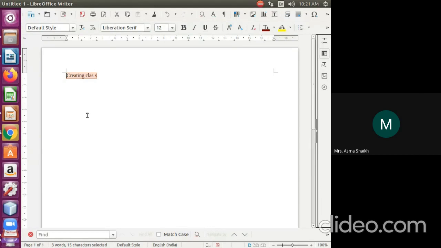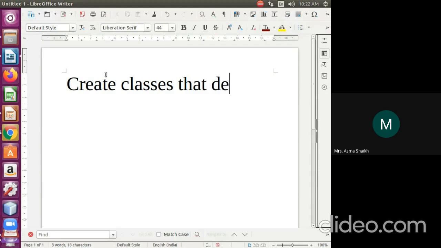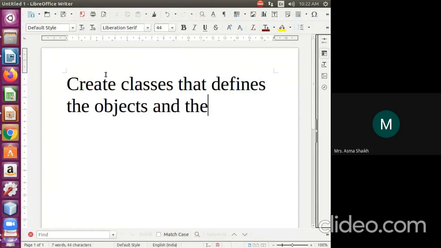First is to create a class that defines the objects and their behavior.